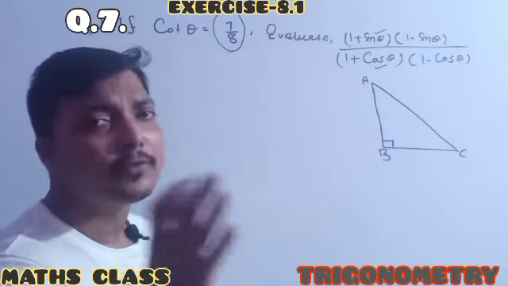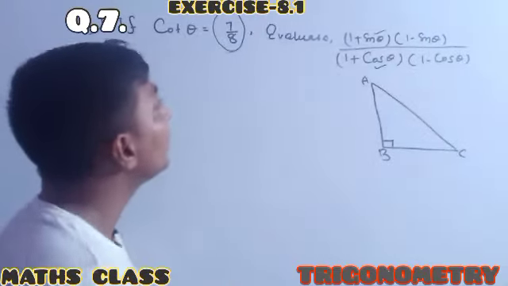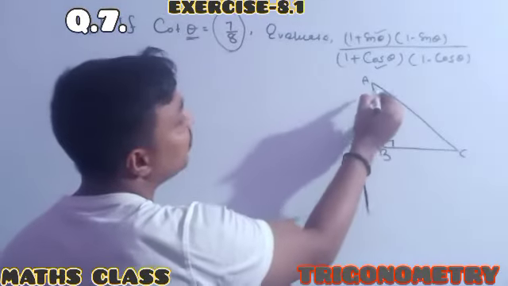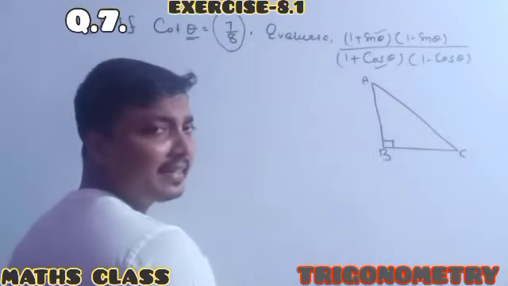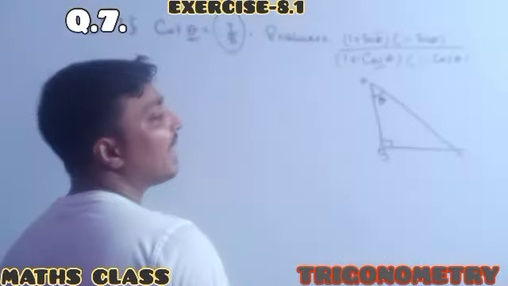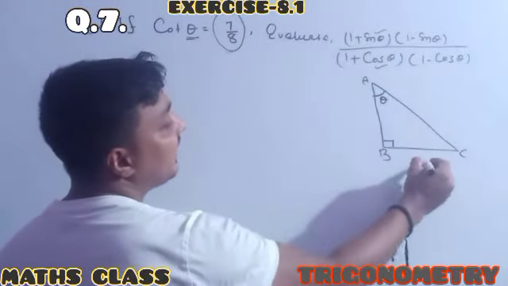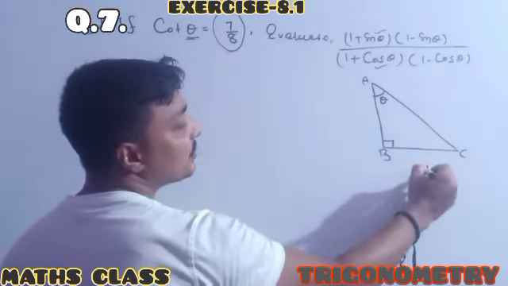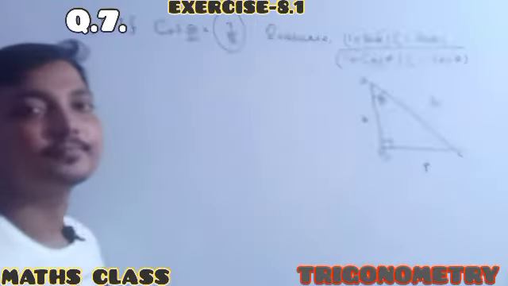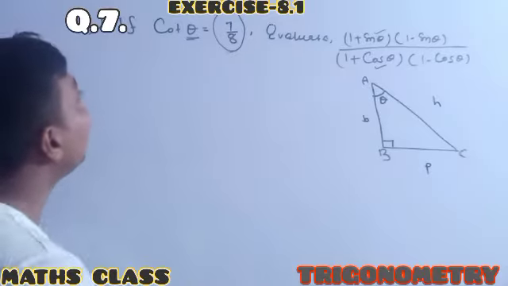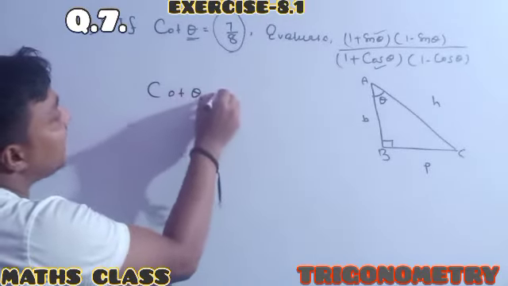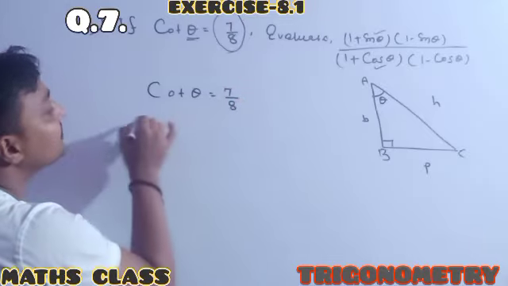Any trigonometry ratio from the 6 trigonometry ratios. See, so it means theta value, it means cot theta, it means either we have to take this one as theta, otherwise this one as theta. Suppose I am taking this one, it is the theta. Whenever this one is the theta, it means for this angle, this one is the P, this one is the B, this one is the H. Perfectly got? Here, cot theta is equal to 7 by 8.